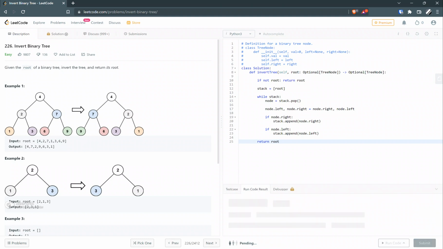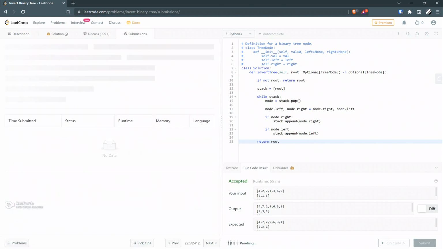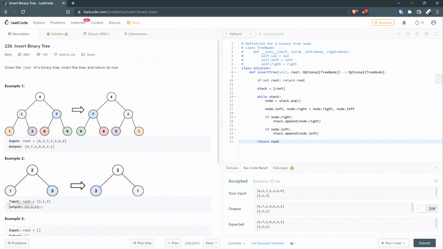And yes, it does. Let's try the example test cases. Yes, it does. And then we'll submit this. And yes, the test cases have passed. So this is an iterative way using the depth first search,